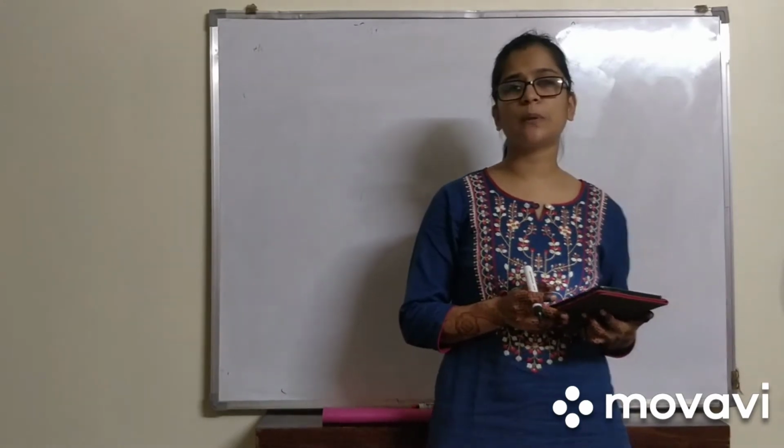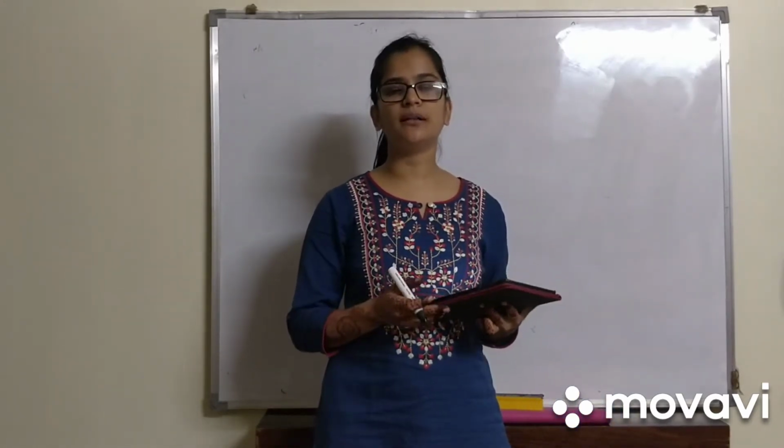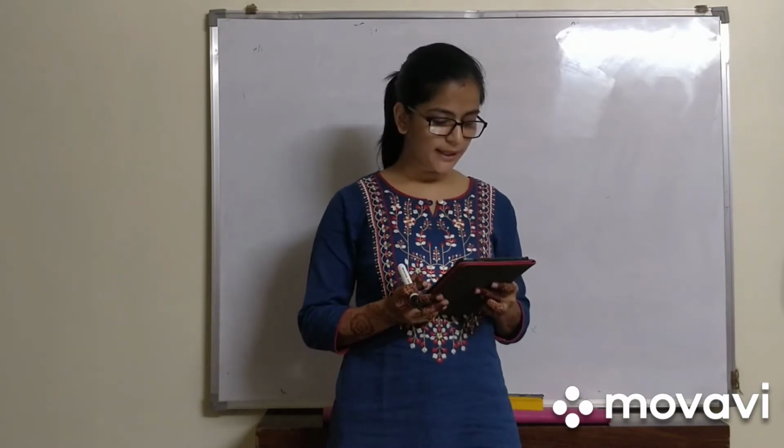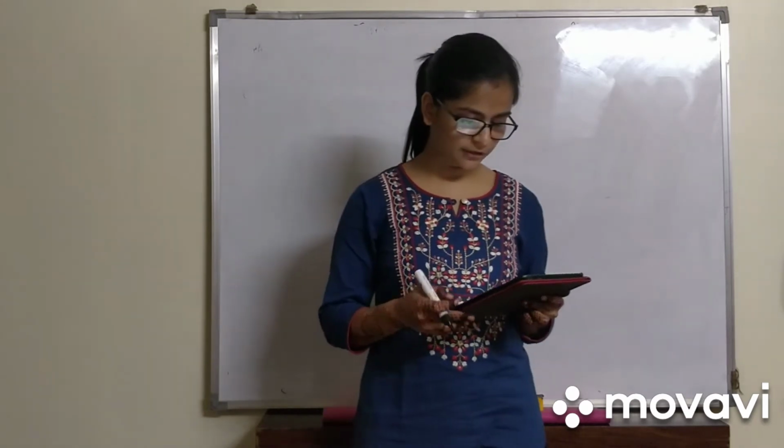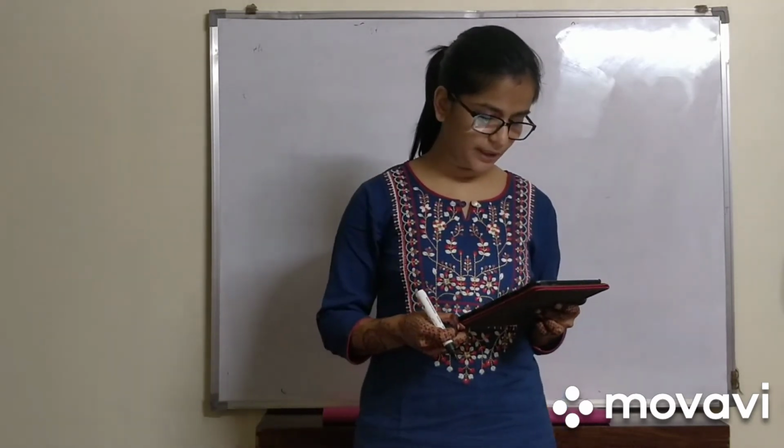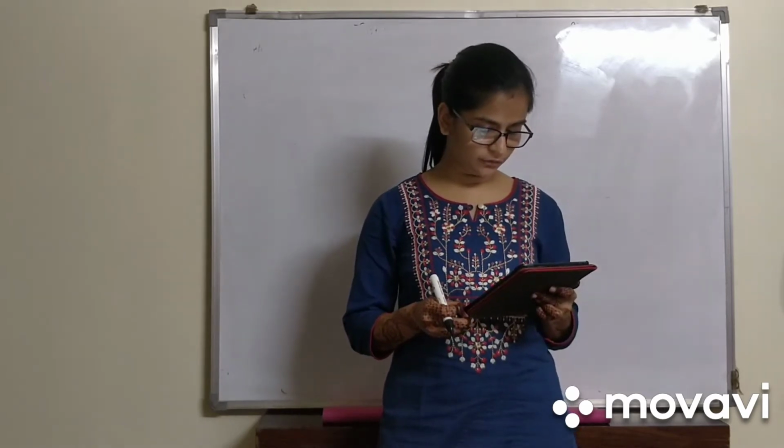So let us work out one example so that you would understand it in a better way. Take down illustration 26. A, B, C are partners in the firm. You are informed that A draws 10,000 from the firm in the beginning of the month. B draws 10,000 from the firm at the end of the month. C draws 10,000 from the firm in the middle of the month. Interest on drawings is to be charged at 8% per annum. Calculate interest on partners' drawings.